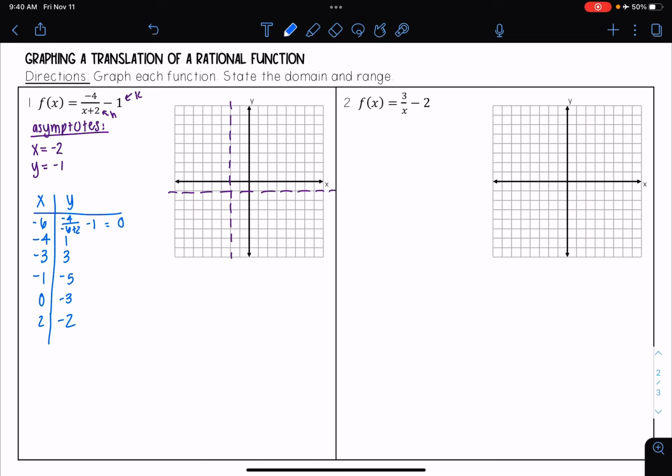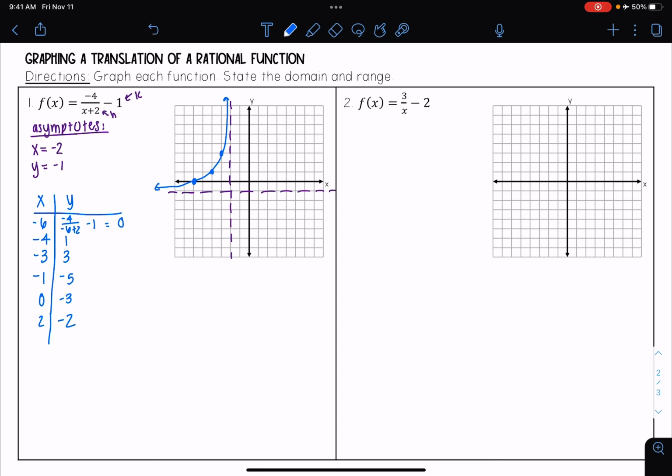And I'm going to go ahead and plot these points. So I have negative 6, 0, negative 4, 1, and then negative 3, 3. And so that is my one branch. So now I'm going to follow these dashed lines. So I'm going to go along it, but not cross it